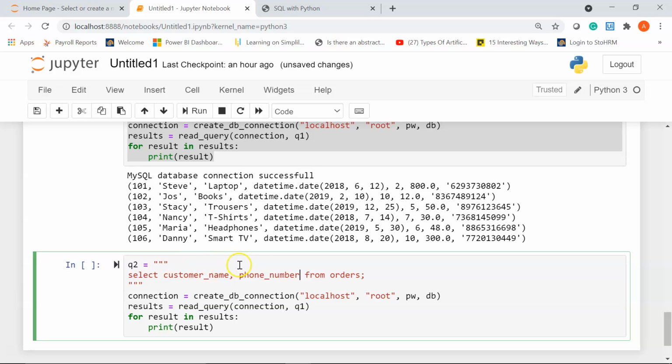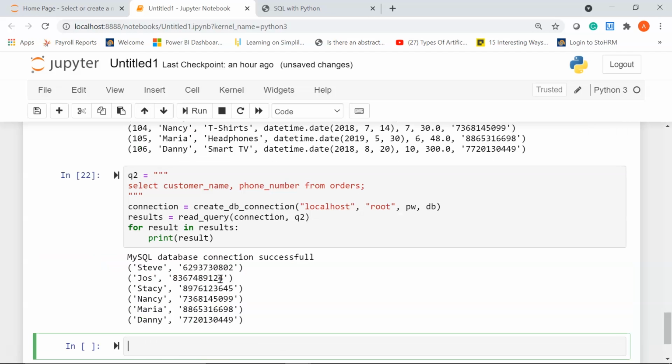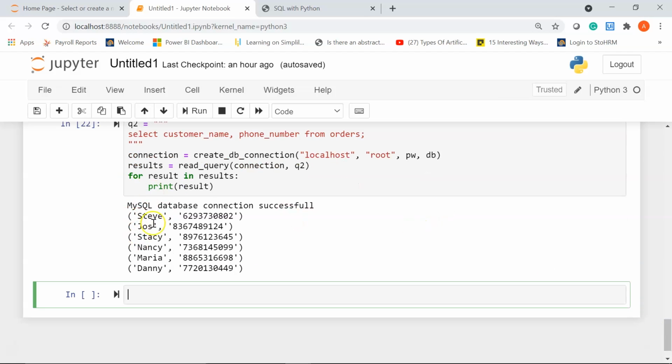The rest all remains the same. Let me recheck it, and here instead of q1 we'll put q2, and let's run this cell. You can see now we have displayed only 2 columns. The first column is the customer name and then we have their respective phone numbers.